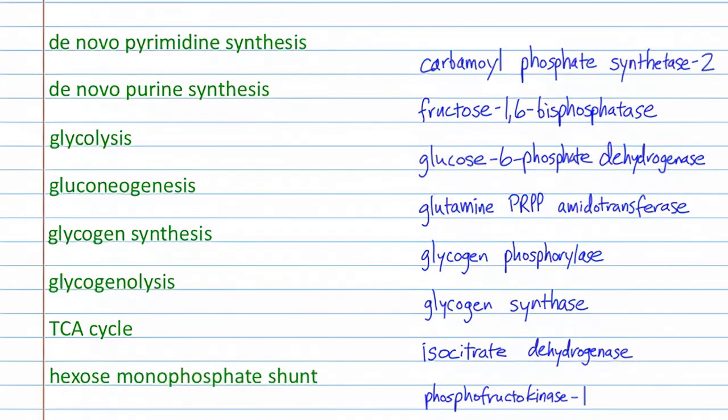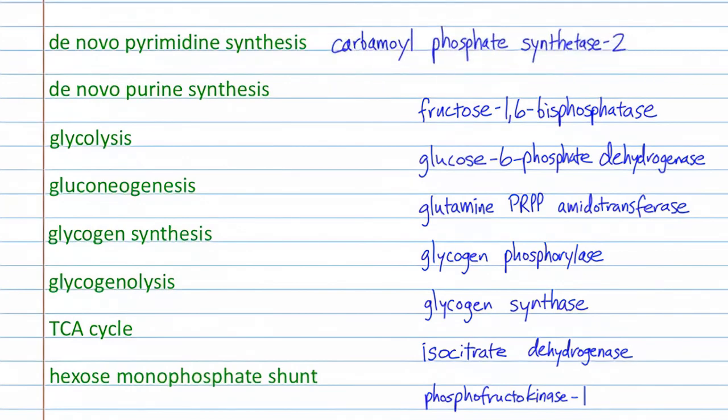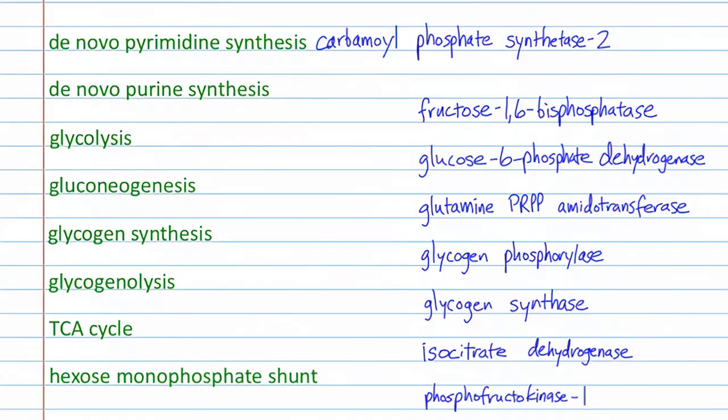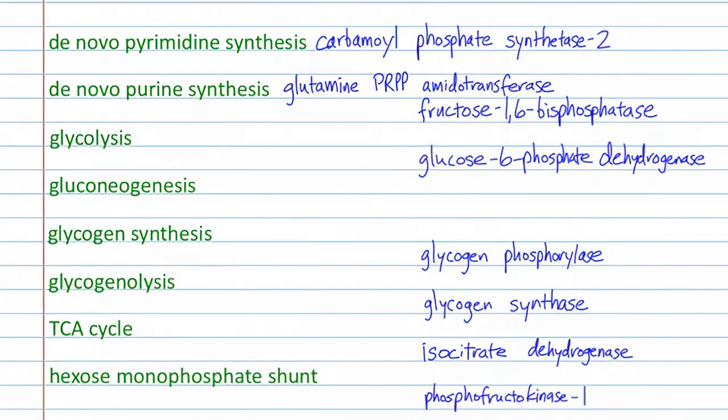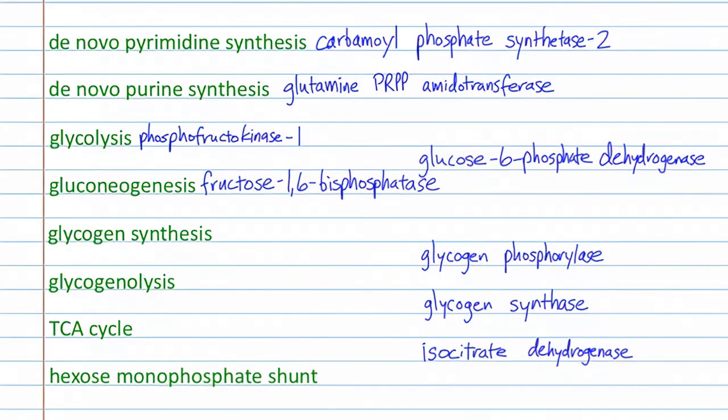The rate-limiting enzyme in de novo pyrimidine synthesis was carbamoyl phosphate synthetase 2. Not CPS1, it's CPS2 for pyrimidine synthesis. And for de novo purine synthesis, it was glutamine PRPP amidotransferase. The rate limiter for glycolysis is phosphofructokinase 1, PFK1. For gluconeogenesis, it's fructose 1,6-bisphosphatase. For glycogen synthesis, which we'll cover in the next video, the rate-limiting enzyme is glycogen synthase, which is pretty easy to remember. And then for glycogenolysis, where you're breaking down glycogen to release glucose into the bloodstream, the rate-limiting enzyme